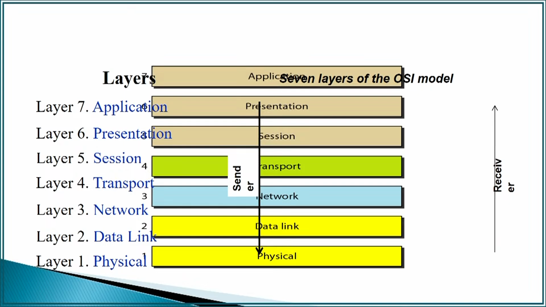Application layer is the layer where we have application data, the software data. At the presentation layer, it performs some functions. Then session layer, transport layer, network layer, data link layer, and physical layer is the layer where the signal is flowing through the transmission medium. So communication must move downward through the layers on the sending device and over the communication channel upward to the